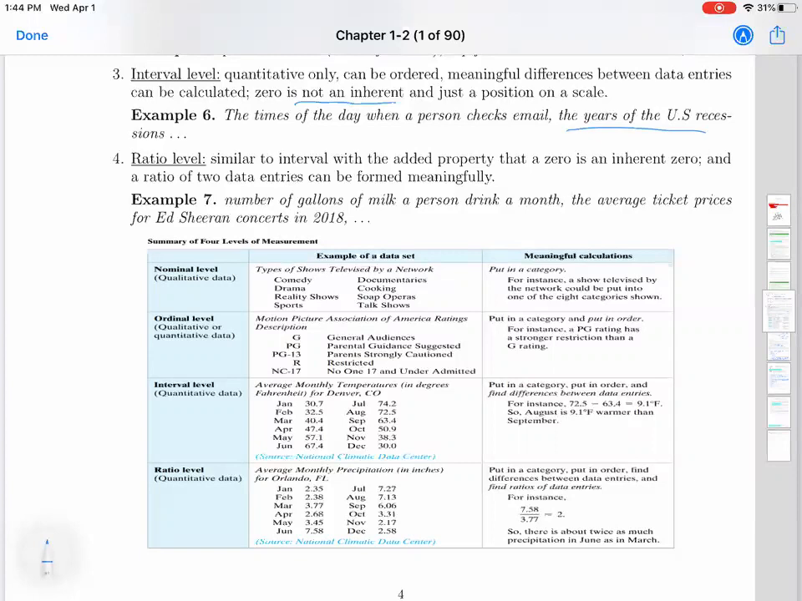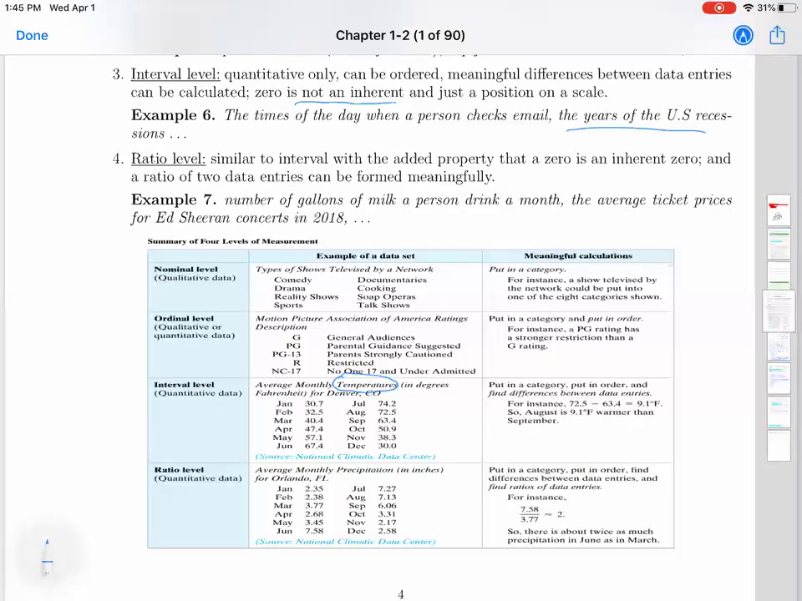Okay. Another example of interval level is temperatures. Temperature is quantitative, can be ordered. Differences between 2 entries are meaningful. And also 0 is just a position on the scale. When you're talking about temperature, 0 doesn't mean there's no heat. Okay. All right, the last